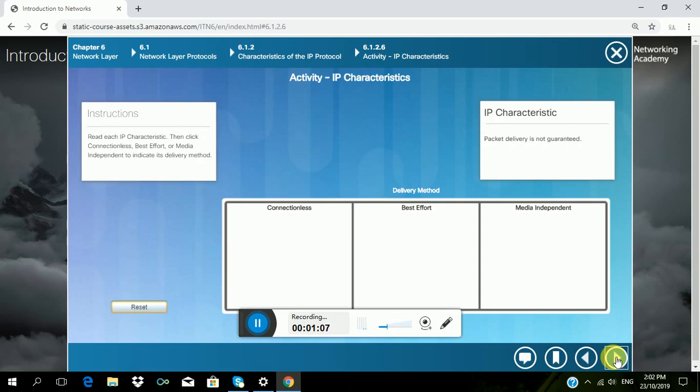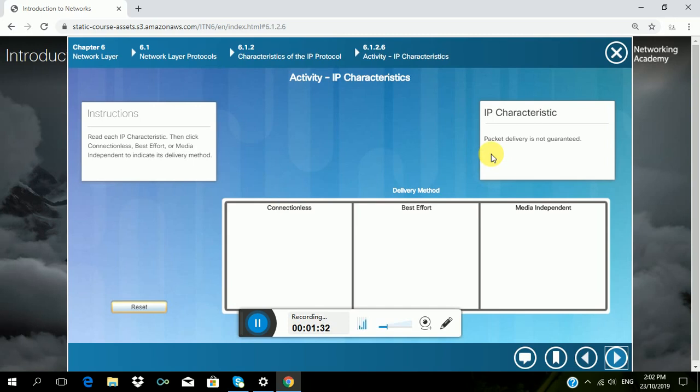First activity, we have IP characteristic. Instruction: Read each IP characteristic, then click connectionless, best effort, or media independent to indicate its delivery method. So first we have